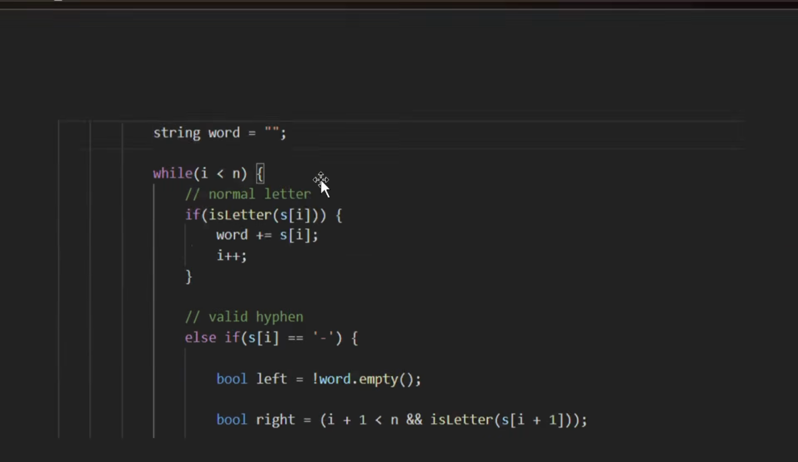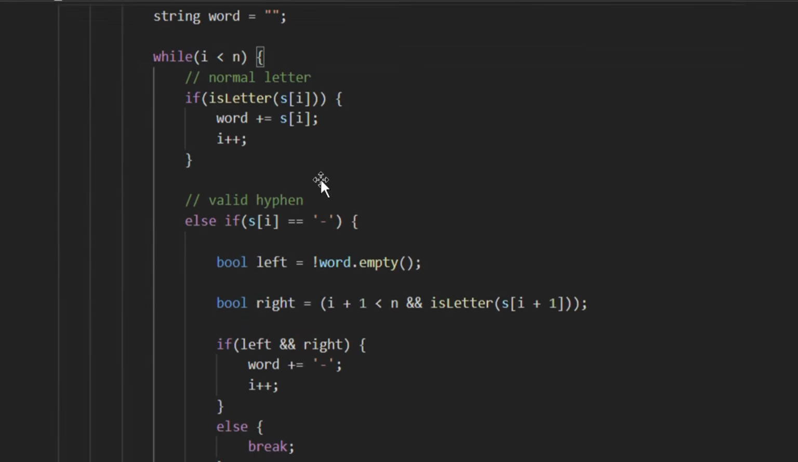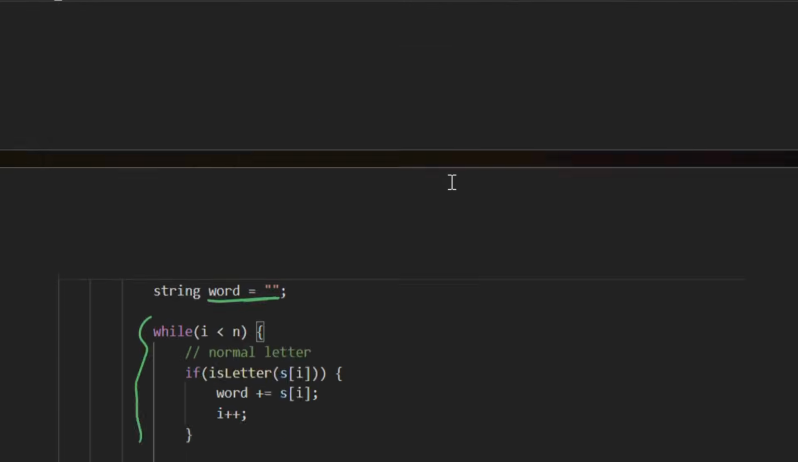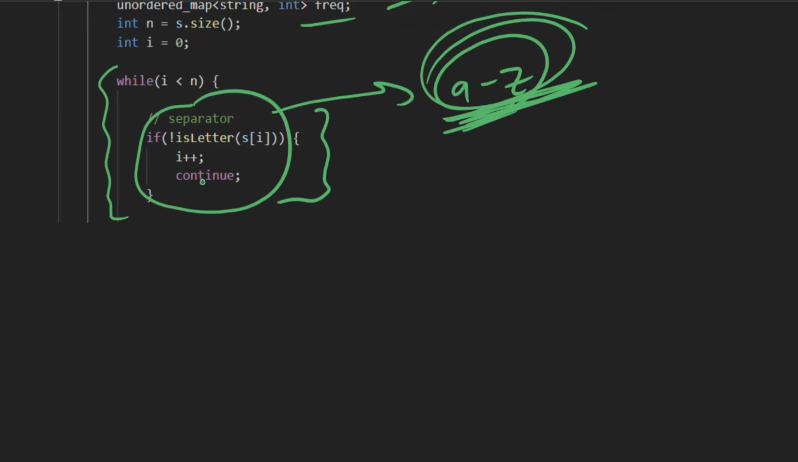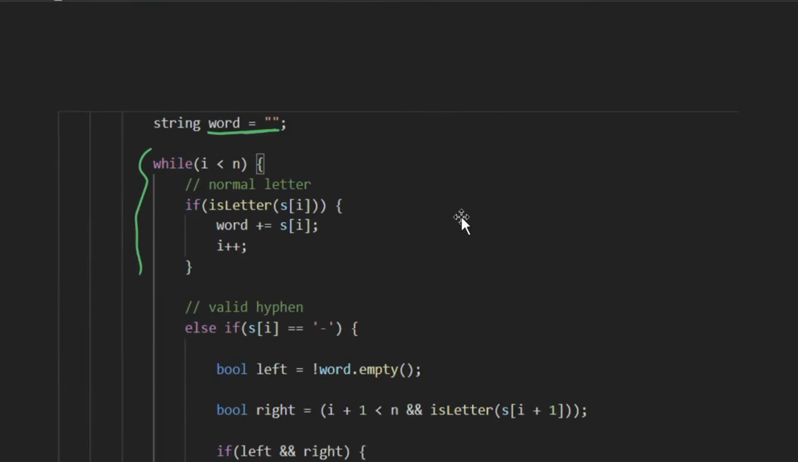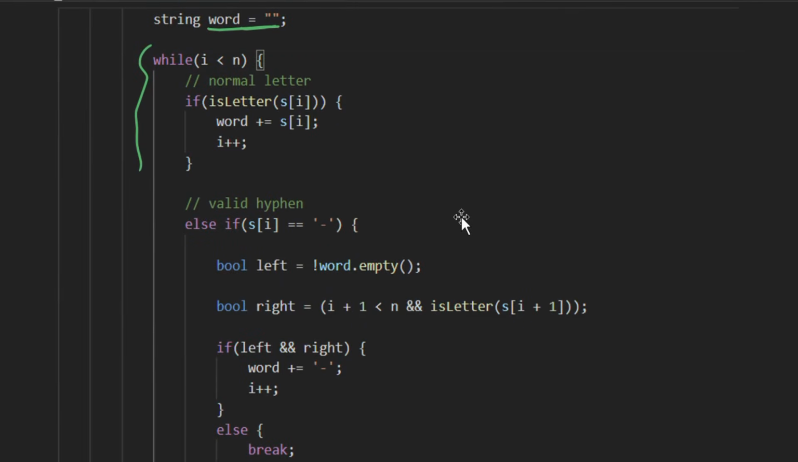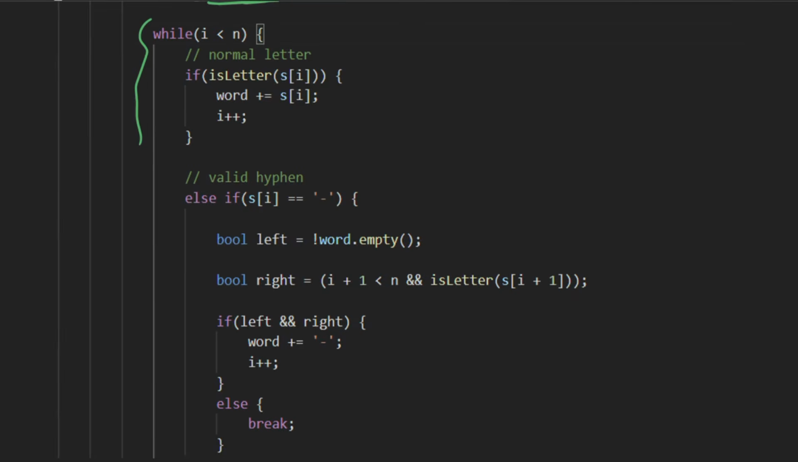Else, right, then we skip it. Else we take a string word, empty word, and then, sorry, if the current character is not a letter from a to z, then we skip it, right? Means that's a separator. Else what we do is, we take an empty string word, and then if it is